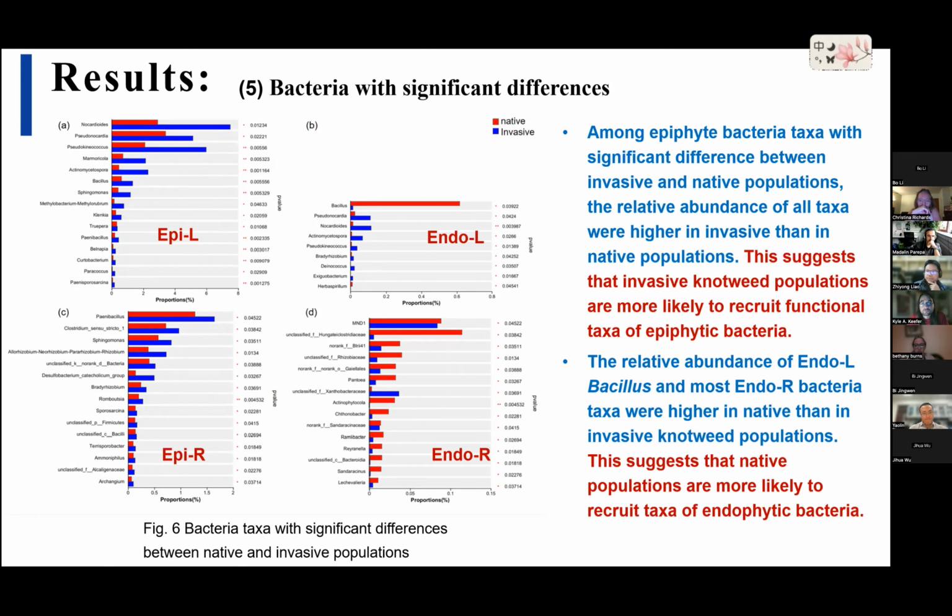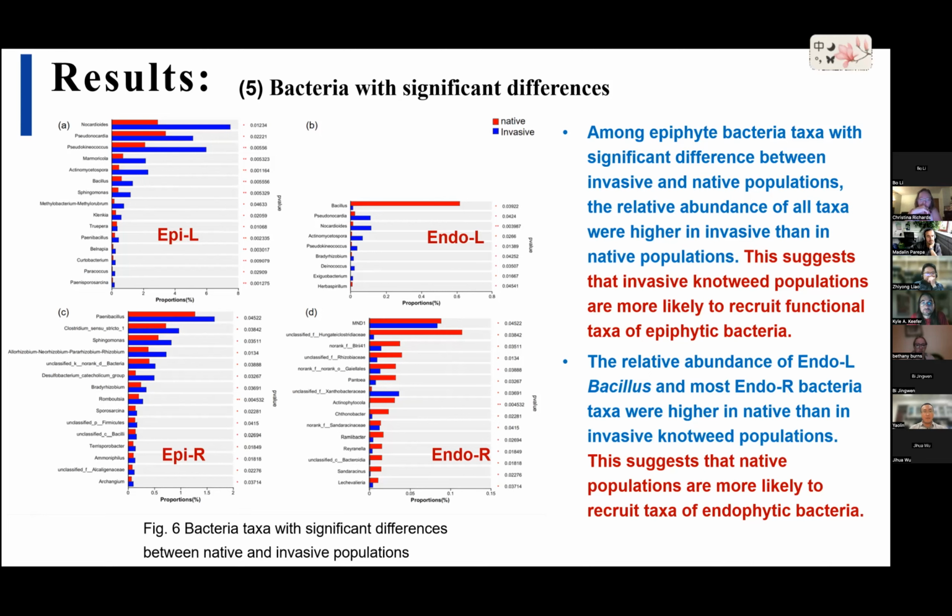The relative abundance of all taxa was higher in invasive, and this suggests that the invasive populations are more likely to recruit functional taxa of